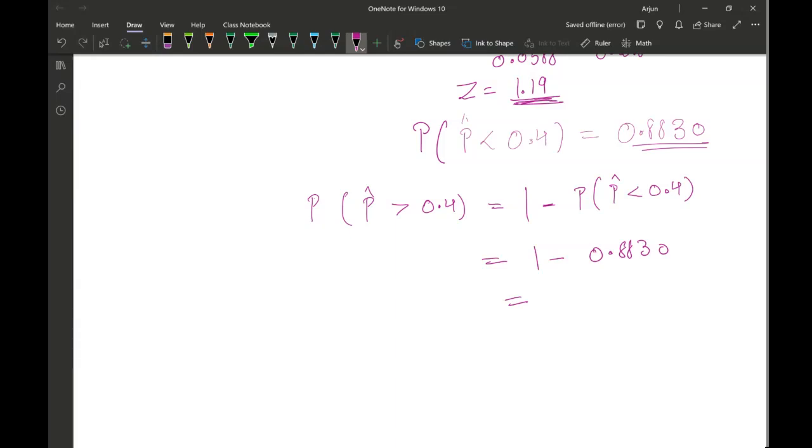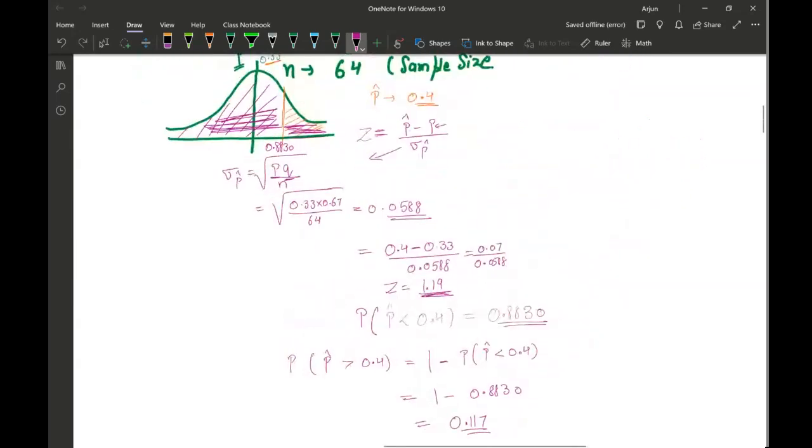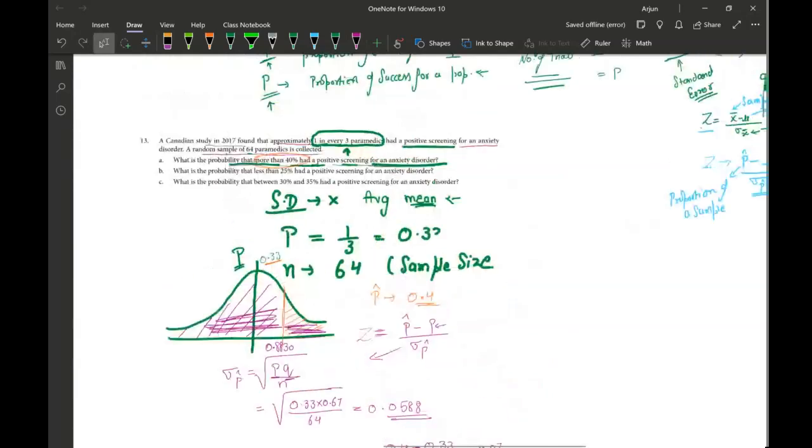If I do the math on my calculator, 1 minus 0.8830 is going to be 0.117. Now, one thing I want to tell you: your answer in the answer book will be a little different from